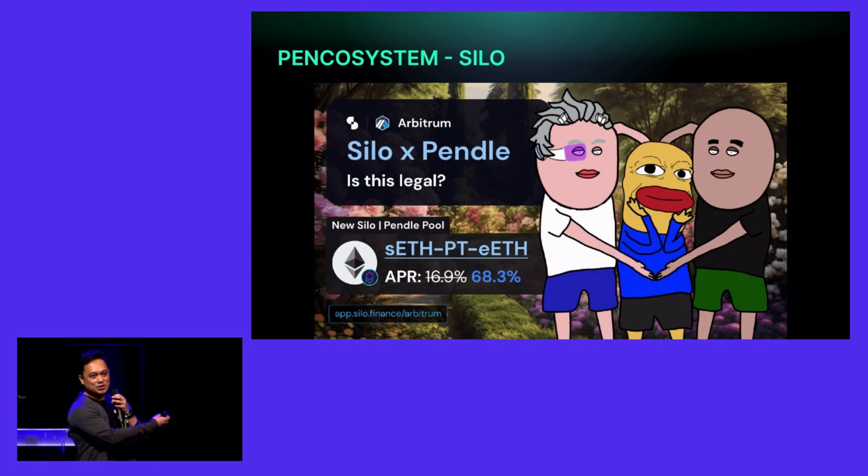So one first project that I'd like to highlight is Silo, and Silo is also in Arbitrum, and we have a strong synergistic partnership with Silo as well. Basically, the idea of Silo is that you have a risk-isolated market where you can provide collateral such as PTs and borrow against it. So they support many different PTs from Pendle, and in turn, we are also able to support their lending positions because these are yield-bearing, and also create a market out of it where people can trade the yield out of these lending positions from Silo itself.